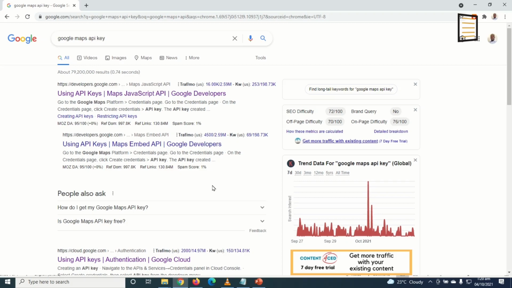In this video, I'm going to show you how to create a Google Map API key. Now, why will you create a Google Map API key? As a web developer or as a WordPress developer, there will come a time where you need to embed Google Maps on your website for your users to get a better experience. So in order to give your users this opportunity, you need to create a Google Map API key and use it on your website.